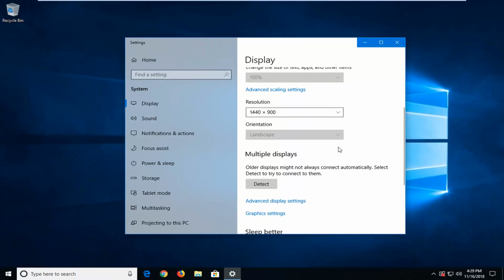So again, you can play around with the resolution settings. You can select multiple displays to detect, and you can also go online and look up your specific monitor and just add into the Google search driver software support, something along those lines, and hopefully you'd be able to get the software needed in order to run and display the monitor or TV monitor, whatever you're looking to set up